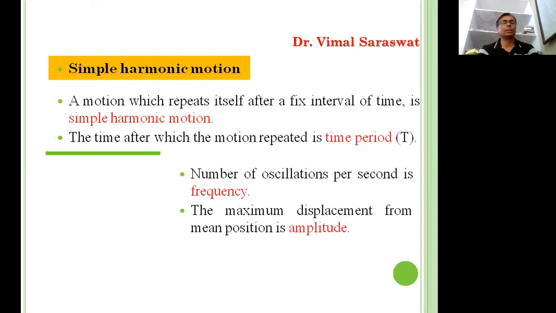This is a rigid support. Here we have a bob which is attached with a string. Now we displace this bob to this position and release it. So the bob will start to oscillate in this way. These are the positions of the bob at different times. This is the mean position, and these two are the extreme positions of the simple harmonic oscillator.